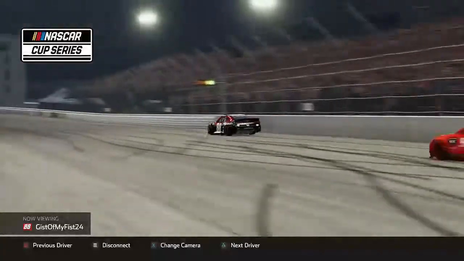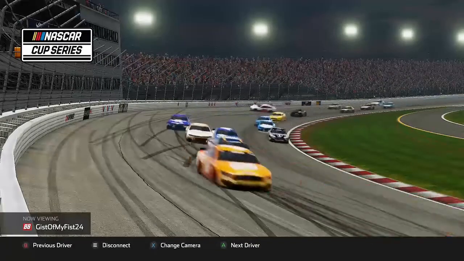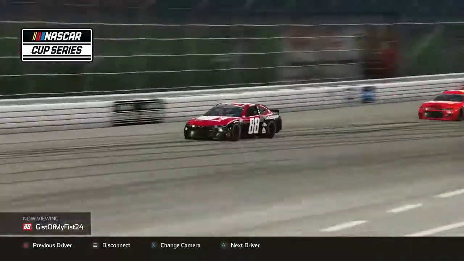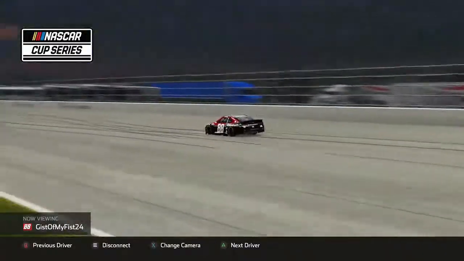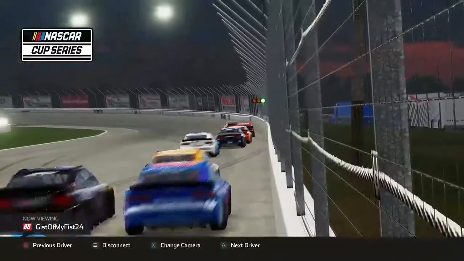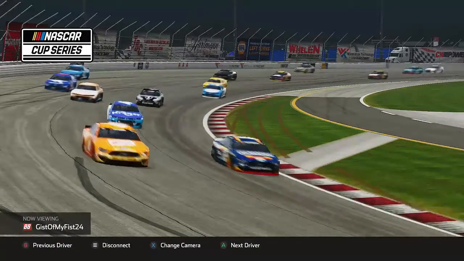52 remaining here at Gateway. Great racing going on here by these guys. Here comes that 12 again, the 47. These guys have been kind of tapping on the outside doors of these first two positions. I think it might be time to start making their move and get themselves in position to where they need to be for this final